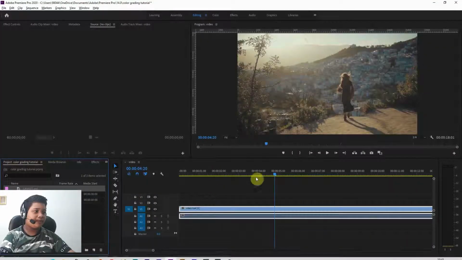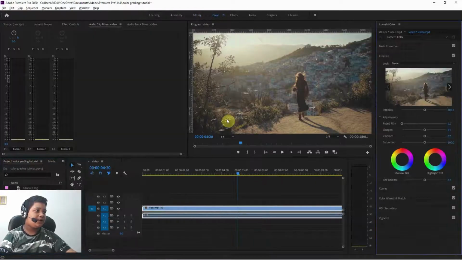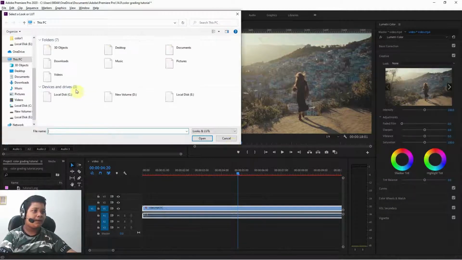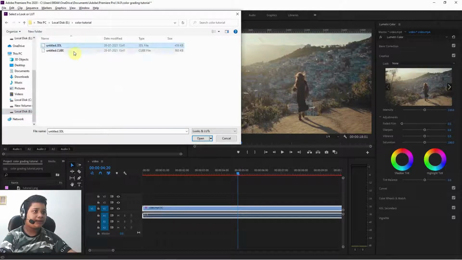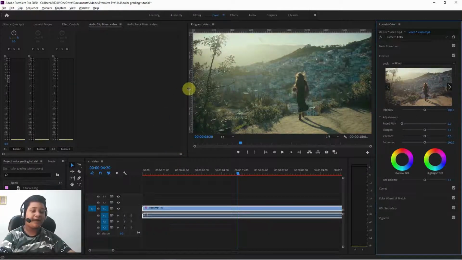Now we will go to Premiere Pro, and we'll go to color. Next, go to look, and then click on browse. Select that folder where you have saved it, and click on open. See, it's been color graded. Its color has been changed, and now you can just sharpen it. You can just change some of these, like you can change the intensity,